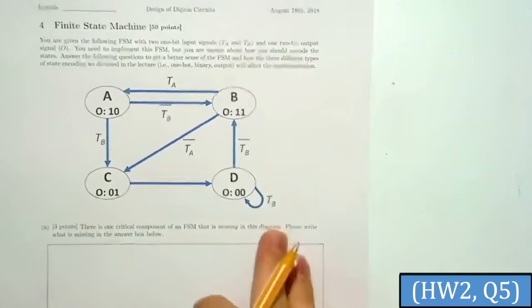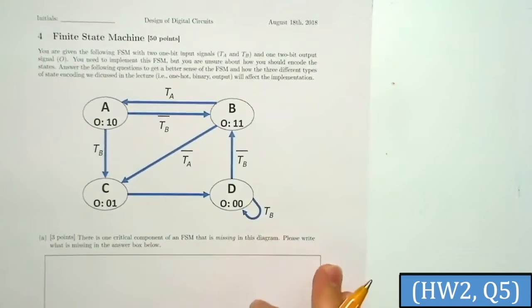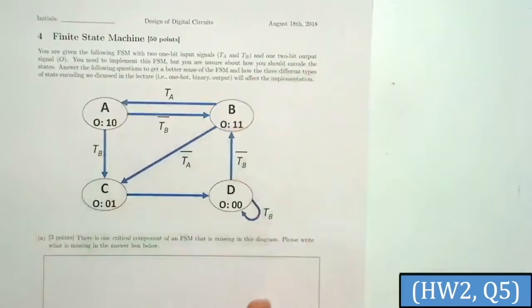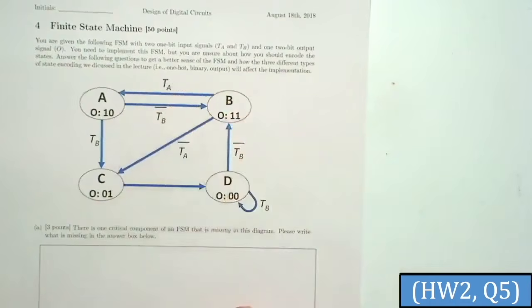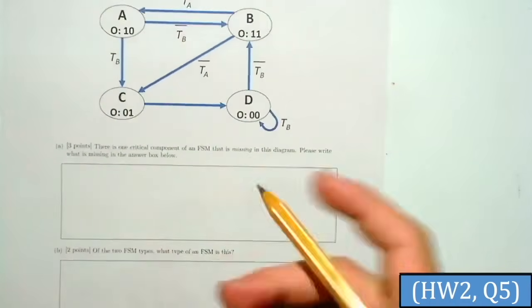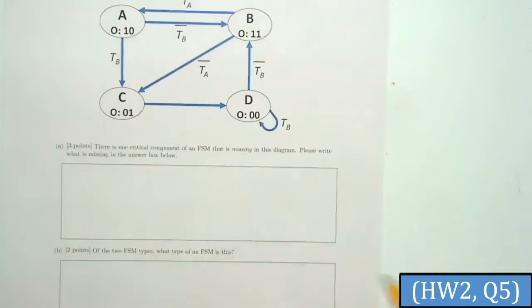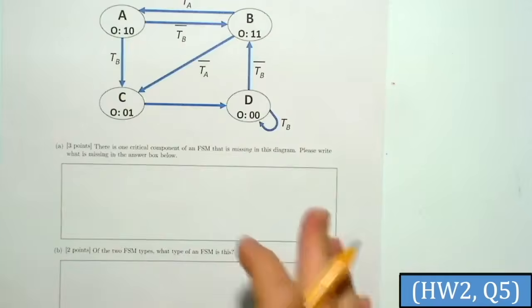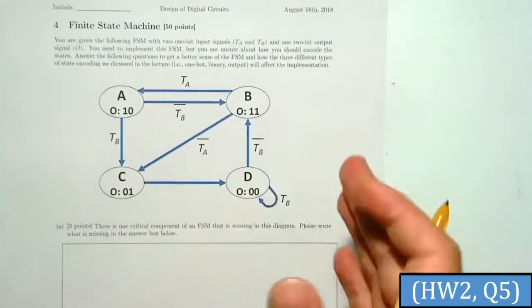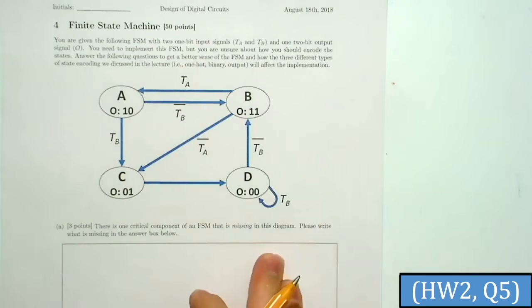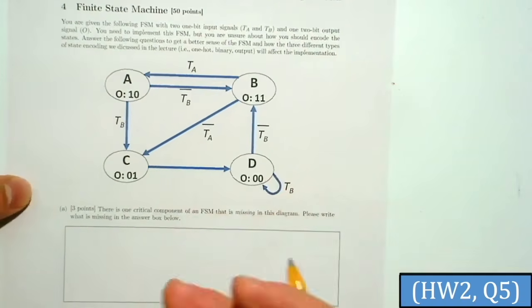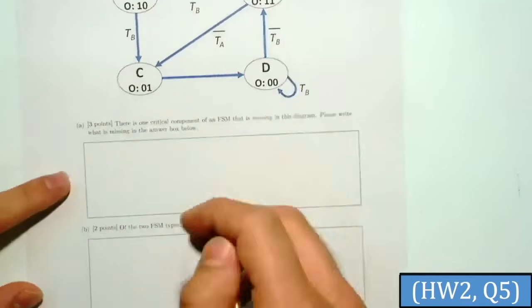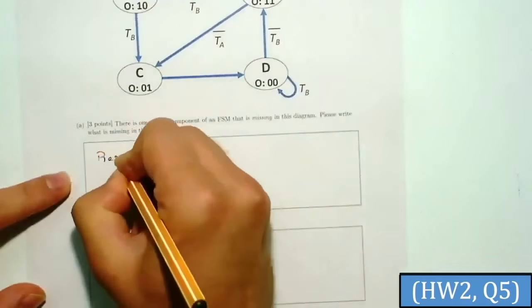So you can see it, right? Okay. For the question, we have states, and for the states, we also have the output, and the TAs and TBs are inputs. The question asks, there's a critical component missing in the FSM, and what is this missing component? If you look closely at that FSM, you'll see that there is no reset line, right? We need to have that in order to have deterministic behavior in that FSM. So we'll say that we don't have the reset line